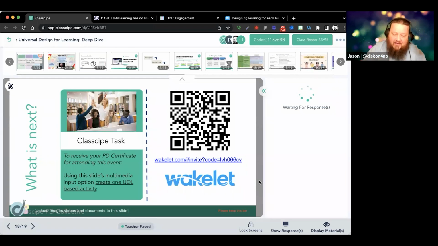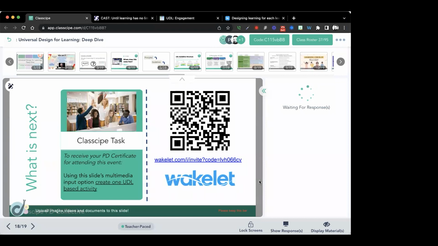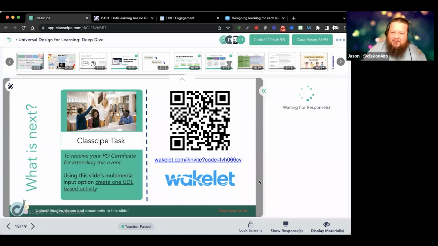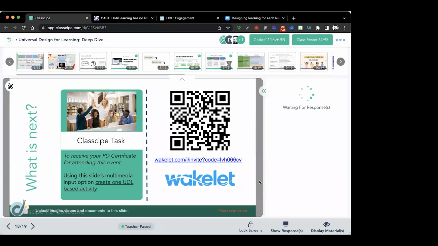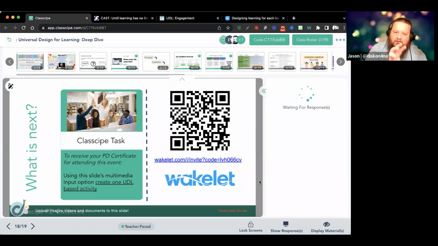So what you would do, you will have access to these slides after, and you'll click in the slide, and it will leave a space for you to upload media, as we said before. And Sahili, correct me if I've said anything wrong, but we're going to use slide 18. Perfect. Thank you. We've been rehearsing, so I'm glad to know that I'm doing it correctly. And so I would like for you to upload your task to this slide,